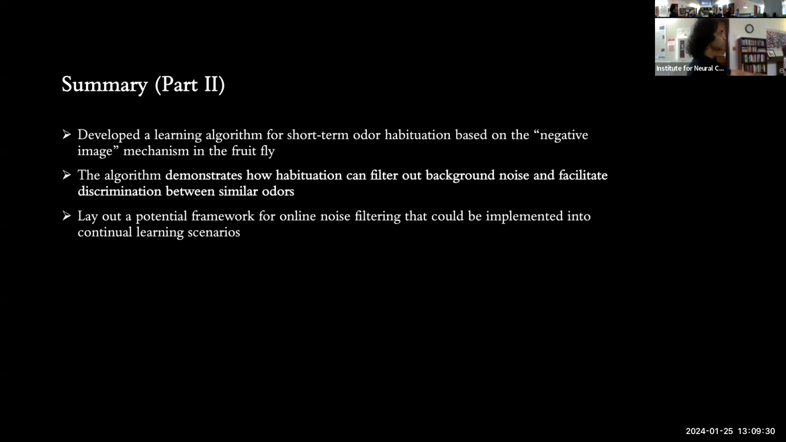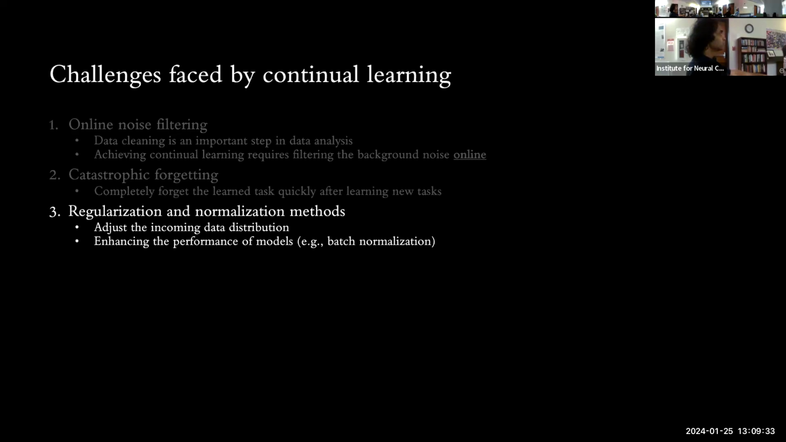scenarios. And now let's move on to the third challenge faced by continual learning, that is regularization and normalization. This might be usually overlooked, but actually normalization and regularization are very important for continual learning. Because again, based on the nature of continual learning, the data is coming in as a stream, and you don't know what the data will be coming in, and they might have very different statistical distribution compared to previous data you have trained. So it's important to normalize data so that they have similar distributions to maintain the robustness of